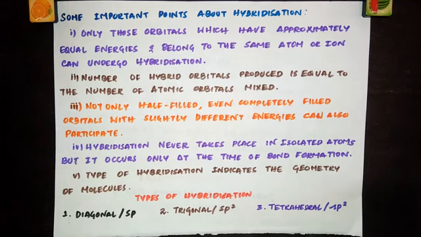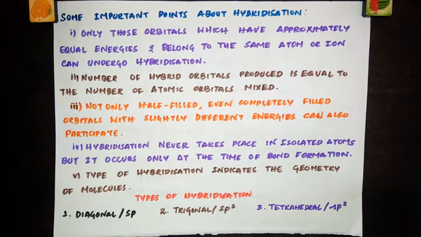4 hybrid orbitals. And one more thing you have to remember here, it is not necessary that all the half-filled orbitals must participate in hybridization. That I will explain with an example. I'll just introduce that here. For example, if you take carbon, we have 4 orbitals. It is not necessary that all the 4 orbitals should undergo hybridization. Sometimes 2s and 2px alone will undergo hybridization, or 2s, 2px, 2py will undergo hybridization, and what is left behind? 2pz is left behind. It depends upon what compound we are taking to explain this hybridization. So it differs in different compounds.